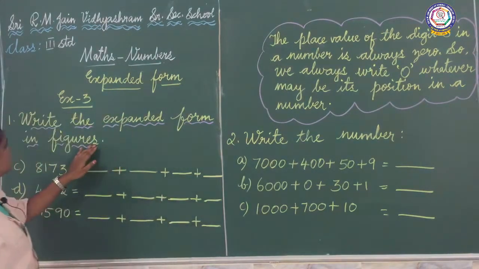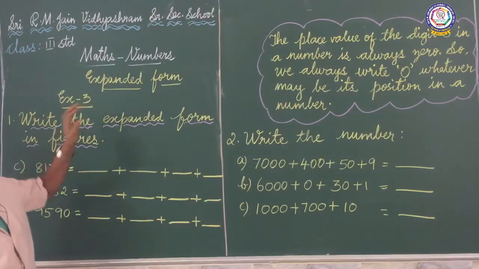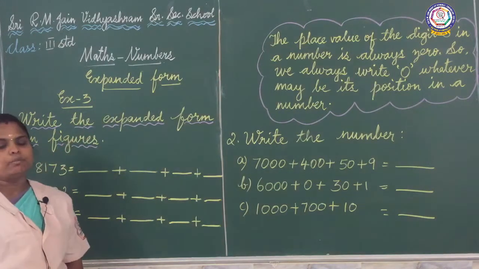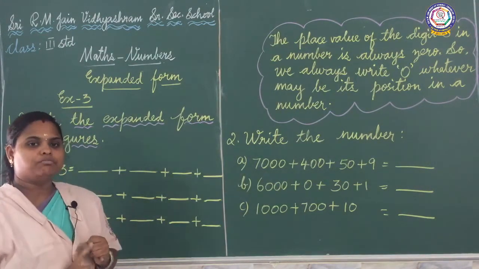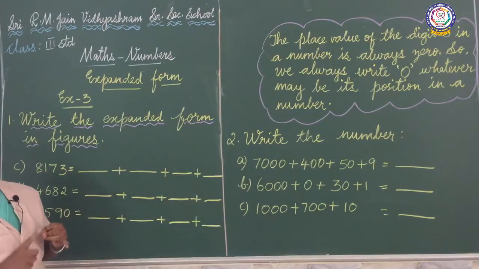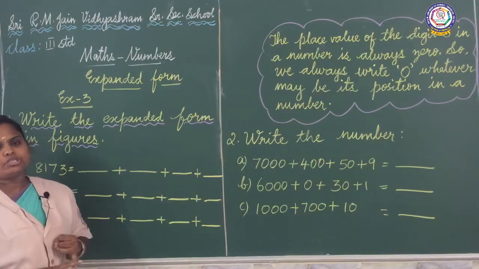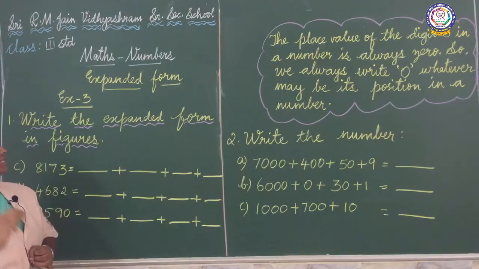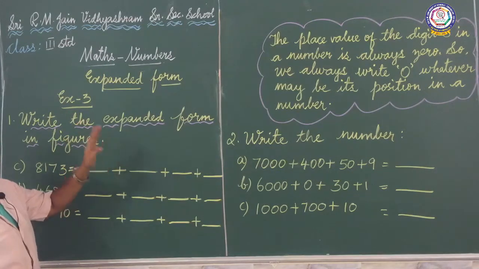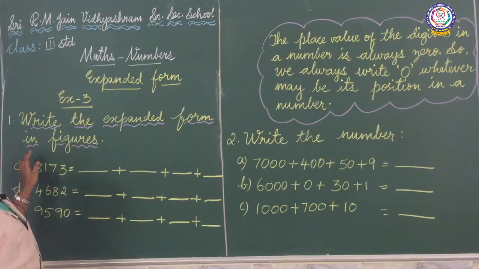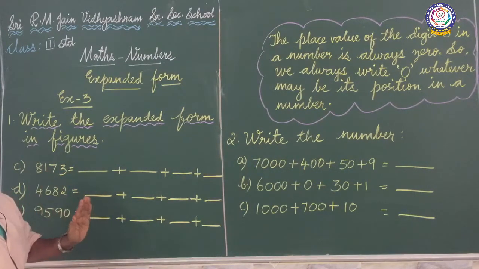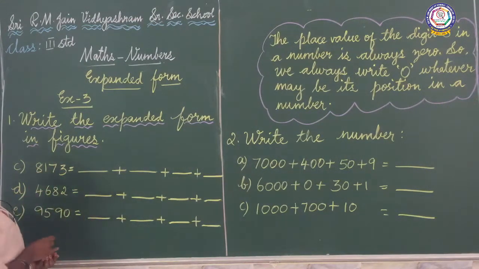See, next we are going to write the expanded form of the number. If you know the place value of the number, you can write the expanded form easily. Already I told you, place value of the number is the position at which it is placed. So in exercise 3, we are going to write the expanded form of the numbers. In figures they are given, so you are going to write the expanded form. See, listen,